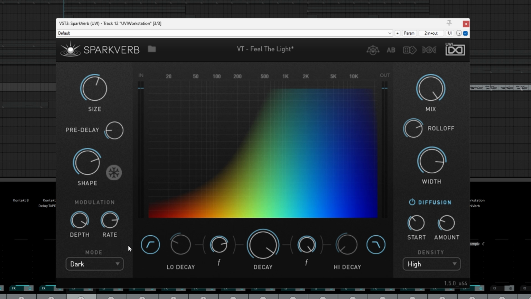So I think this mode is useful for things like strings or drums or synths where you want to preserve that top end wash or maintain a sense of air in the background just to fill out the overall spectrum of a mix. Switching over to the dark mode, if we give that a listen,